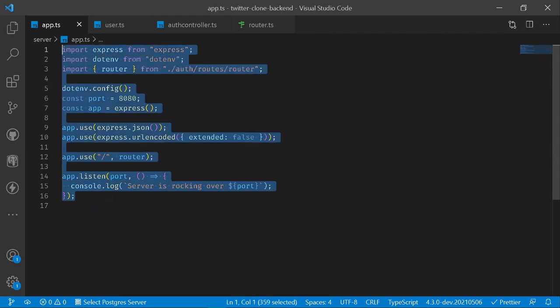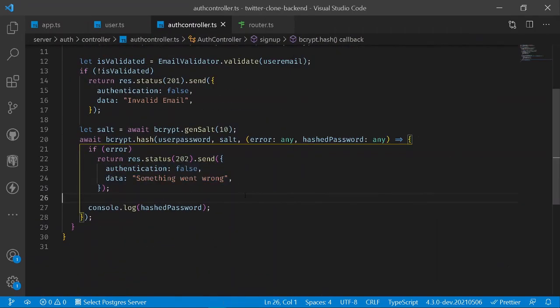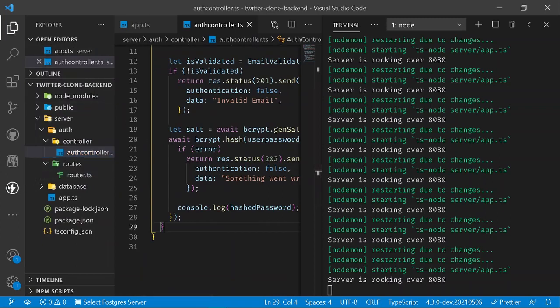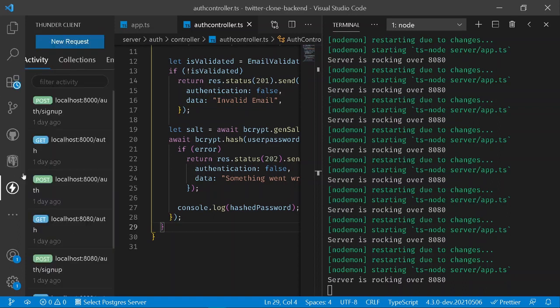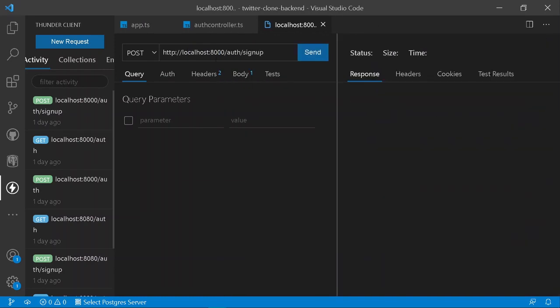Let's carry out the further process under our browser itself, watching whether our method is able to hash our entire data or not. Now if I open my terminal, server is rocking. Instead of going to Postman, we are going to carry out all of our operations from VS Code. You need to install the extension Thunder Client from the extensions of VS Code. From the Thunder Client extension, I can go here, and it will be on our localhost 8080. So here I write 8080, and under my body I should write the following parameters.